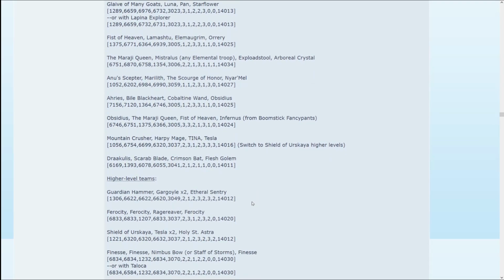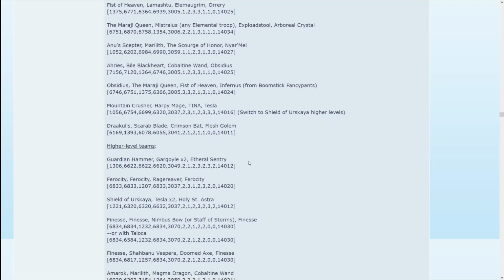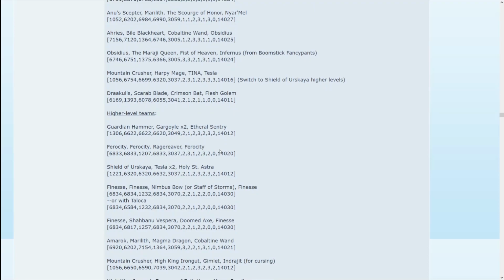Of course, I'll be adding to the list later, but for the higher levels, you might want to go with a double gargoyle team, which is very effective, especially if something is submerged. Triple ferocity is possible here, which is fantastic. Of course, there is the alternative to